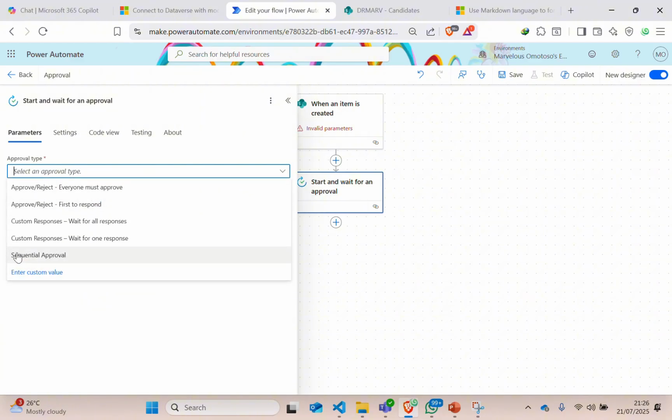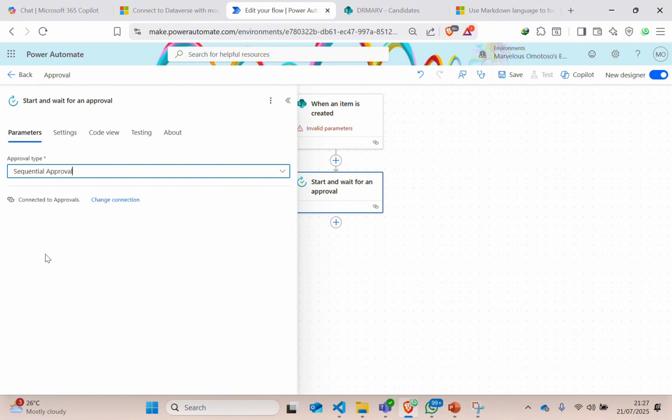What I mean by sequential approval is if you want to stage your approval step by step, instead of having more than one approval at once, you assign the approval to the users who are going to approve. It can be three, you can have 3 approvals, 4 approvals. It's going to be step by step, sequential. So if you select this sequential approval,